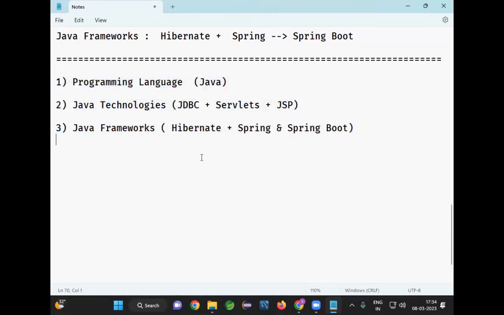When you attend the interview, they will be asking questions on Java and they will be asking questions on Hibernate, Spring and Spring Boot. These concepts are very rare. One or two questions they may ask from JDBC and servlets. 99% of the questions will be asked from Java plus frameworks only. Are you clear? So the things which are important for us to get the job: Java and Java technologies, JDBC,